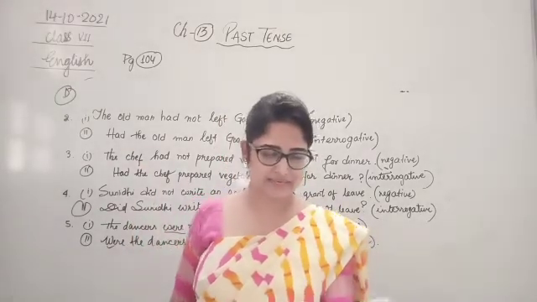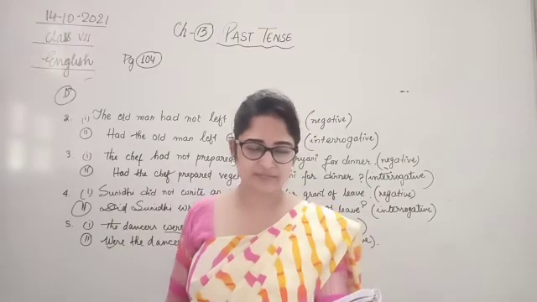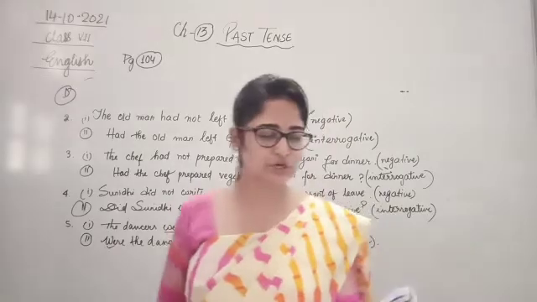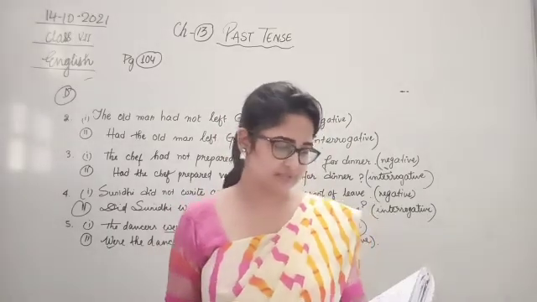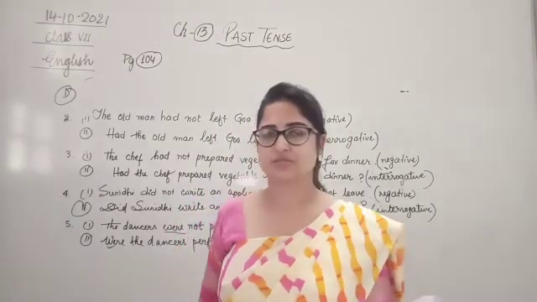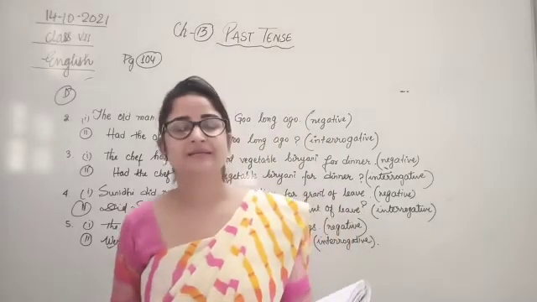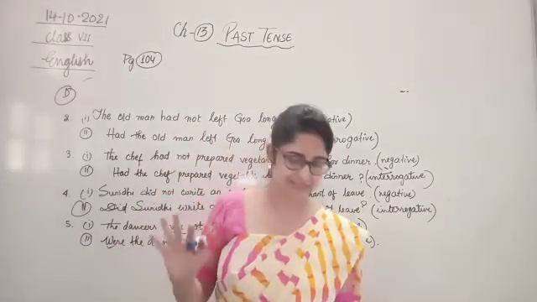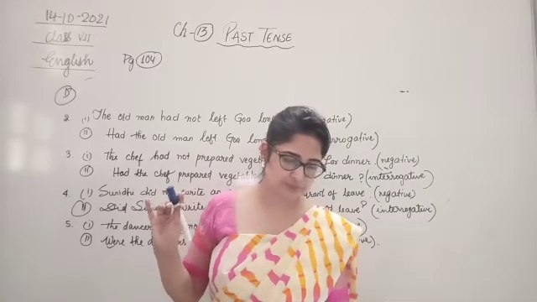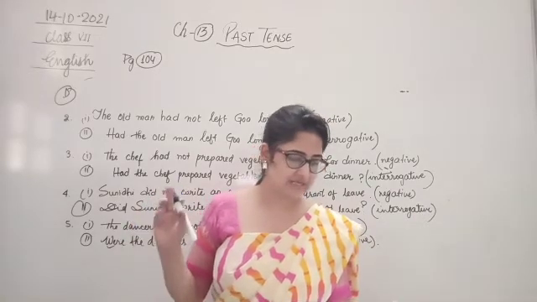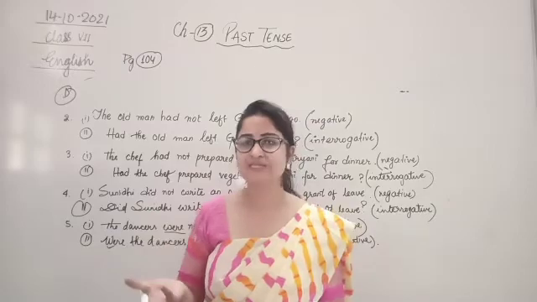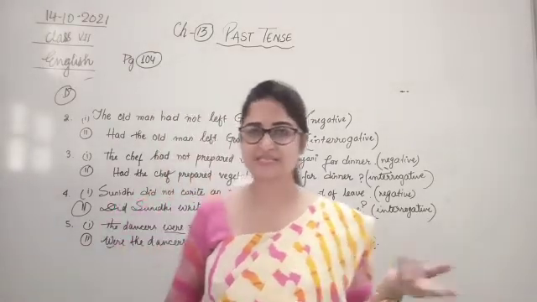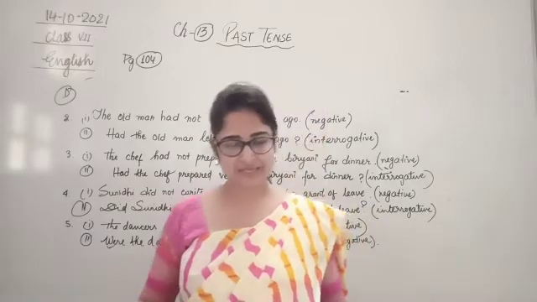But if I said like this, the present perfect tense expresses an action that was completed in the past, but it is also connected with the present. So he has lost his watch. Do you see has is there? That means the effect or the impact of losing the watch is still there. The action of losing the watch is linked with the present. He does not have a watch to use now. So yes, you see how present perfect tense is different from the simple past tense.